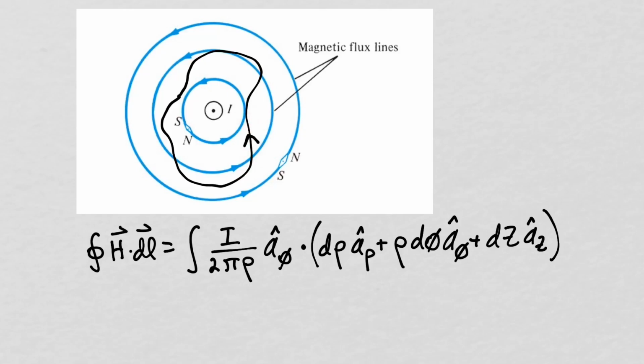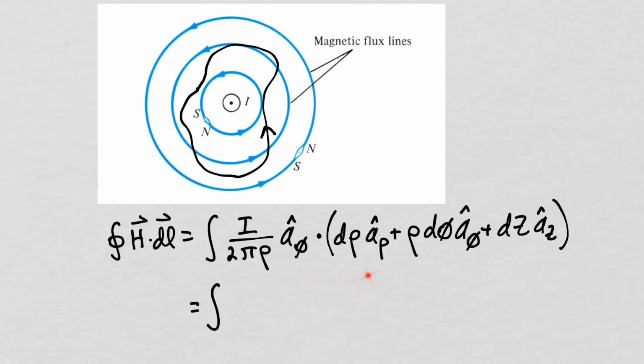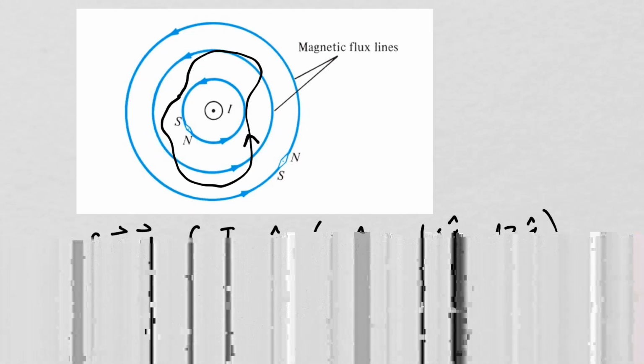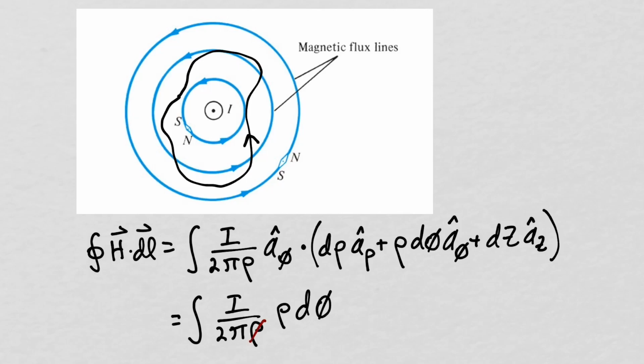So let's substitute for H our known magnetic field intensity for our infinite wire, and for dl, let's put the dl in for cylindrical coordinates. So A phi dot A rho is 0. A phi dot A phi is 1, so that leaves us with I over 2 pi rho d phi, and A phi dot A z is 0. So the rhos will cancel, and we will be left with the integral